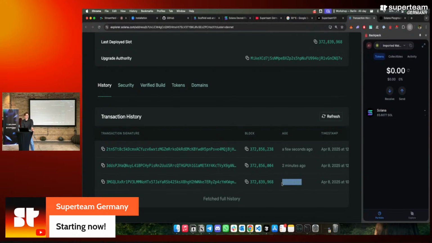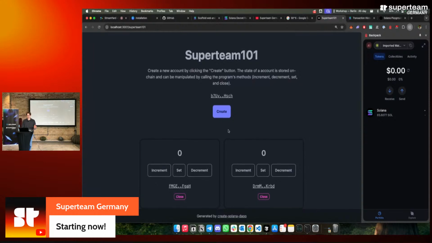First one was the initialized one. Then there was one for creating a new one, and then another one. So in total, we have 1 smart contract with 2 holding accounts, and we can interact with it through the front end. And this is possible because we are not reading the blockchain directly in the sense as we get all the information displayed anyway on chain or in our interface, but we have to interact